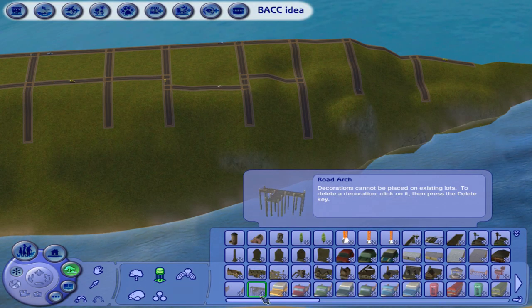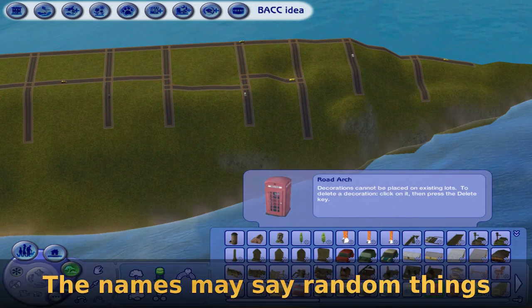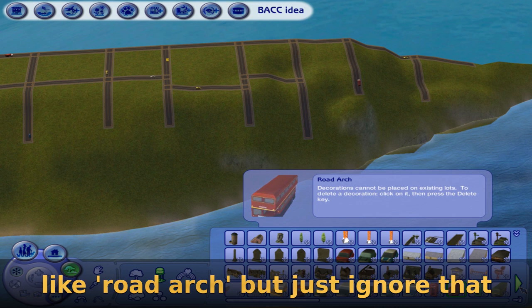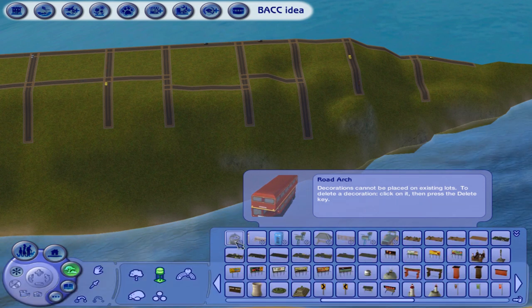And then there's also phone booths that you can add to your hood. And this is an old bus. Lots of different vehicles,